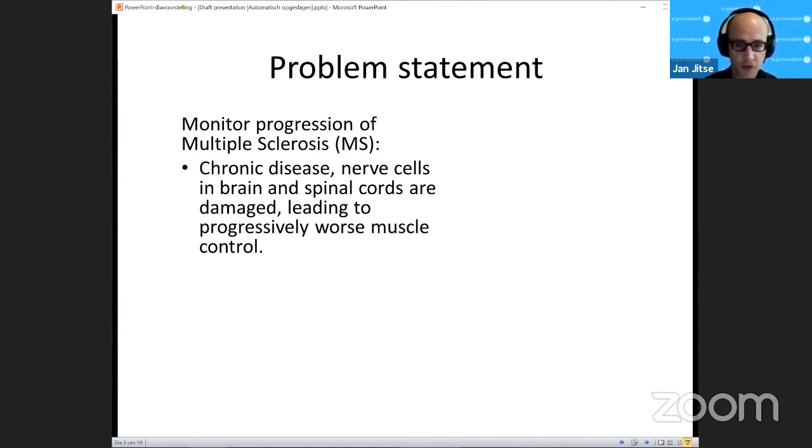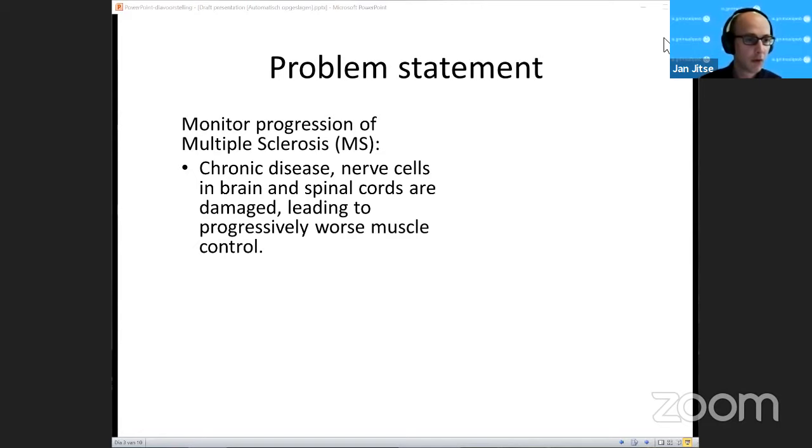At first, patients will suddenly drop over or fall and they will have more and more trouble walking. It's mostly first diagnosed in people between 20 and 50 years old, and it's a very long-term disease. People live decades with it, but progressively becoming worse.